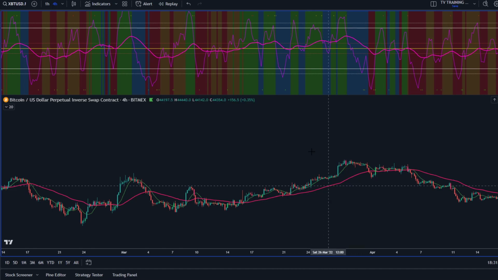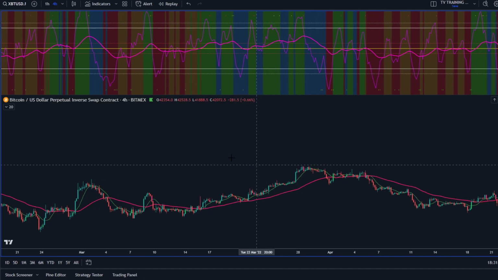Now, I'd have to see the higher time frame. I'm not going to turn it on right now. It might have been green, green at that point, which it probably was. I think it was in here. But it's okay. Let's just imagine that, hey, you entered some of these. Notice again, I do want to point out that even in the midst of this uptrend, what happens on the reset? You notice how it fades for a little while? And then it fades for a little while. I'm not considering them winning trades. I'm going to consider these break evens or even losing trades. But you see how it just fades instead of you dying, right?